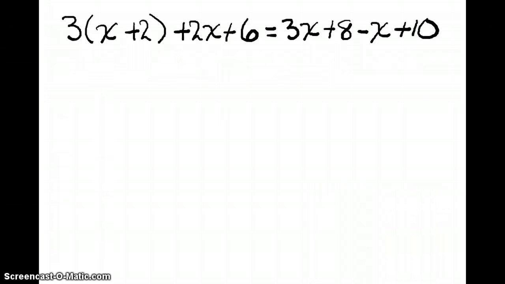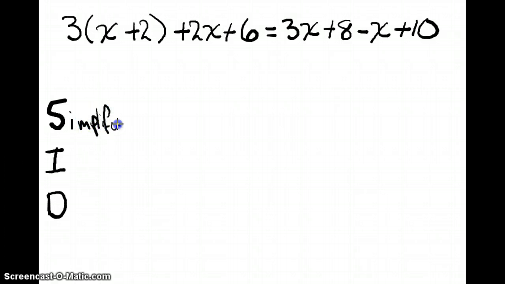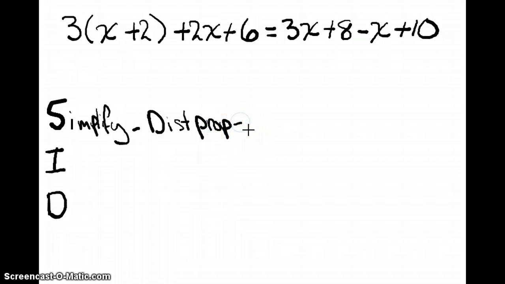So as you can see, we have a pretty nasty problem up on the board here with all kinds of things going on. And so where do we start? I want you to follow this acronym, S, I, D. And the first thing you're always going to do is simplify. Okay? When we talked about practicing simplifying and combining like terms, simplify meant that we were going to deal with the distributive property and we were going to deal with combining